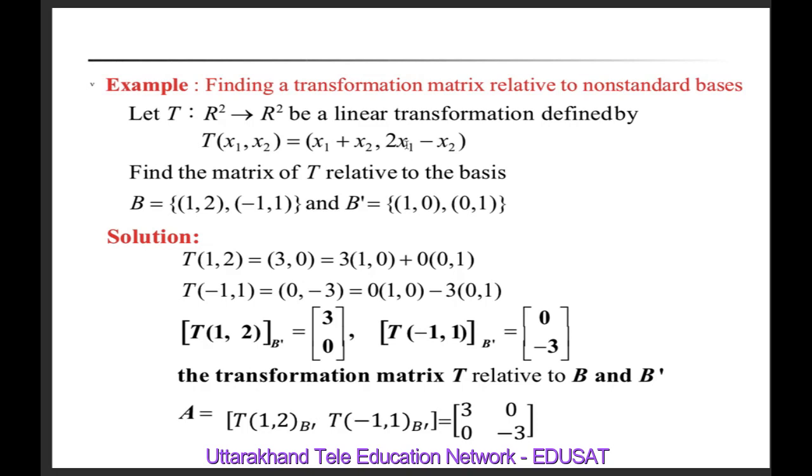Now x1 equal to minus 1 means minus 2 minus 1, which is minus 3. Now the basis B dash is (1, 0) and (0, 1). Now we'll find the vectors to be written here. Suppose here we have x, here we have y. So x into (1, 0), y into (0, 1), so (0, y). So x is equal to x plus 0 equal to 0, meaning x equal to 0. So I have written 0 here.